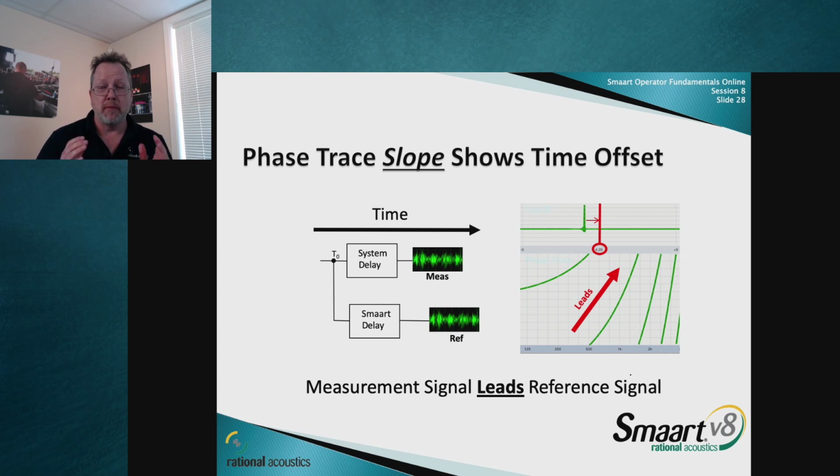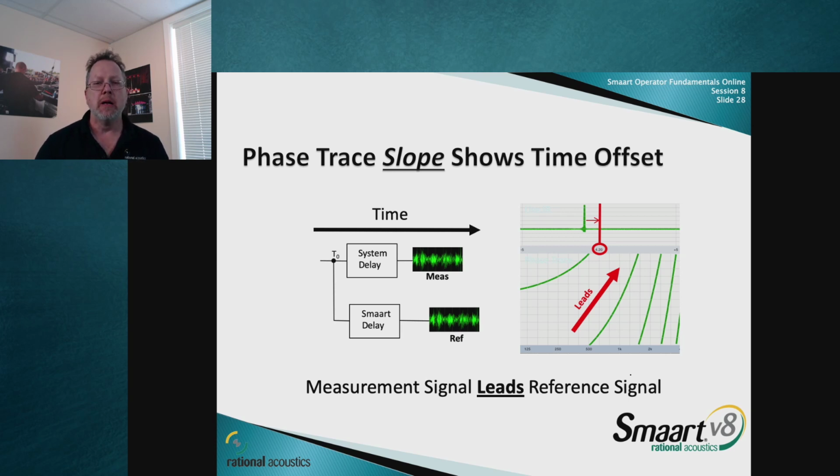Okay, but here's the thing. In our measurement, it's very possible for us to have a situation where I've got the reference signal lagging behind the measurement signal, or what we'd say is the measurement signal leading the reference signal. Imagine if I placed a microphone out in the room and I set my measurement delay, and then I took that microphone position and moved it closer to the speaker. Now the latency through the system is shortened, right? There's less travel through air. And so if I don't reset my delay, now I've got a situation where the measurement signal is effectively leading